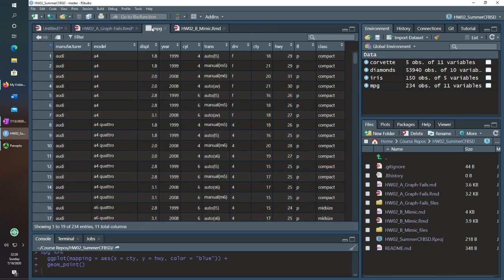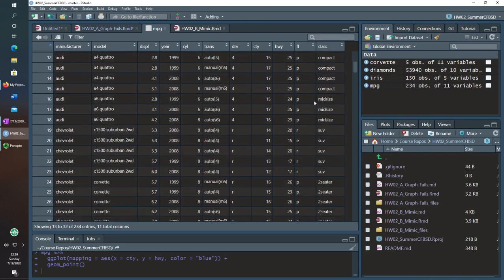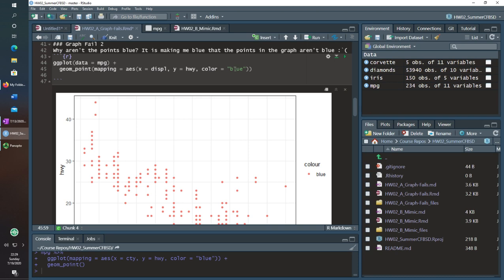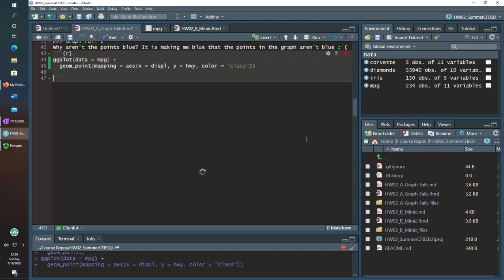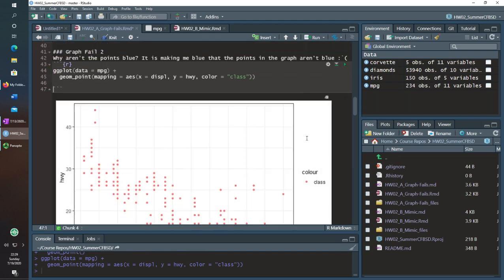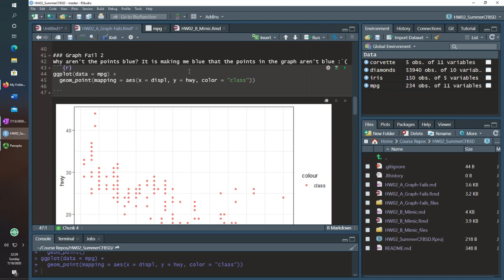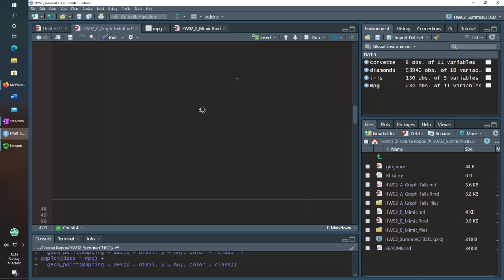Actually, going into mpg, let's just graph it as class, just to show usually the ordering, if there's not too many. Oh, and now it's in parentheses again, so it's actually just taking on the value of the quoted value there, class.